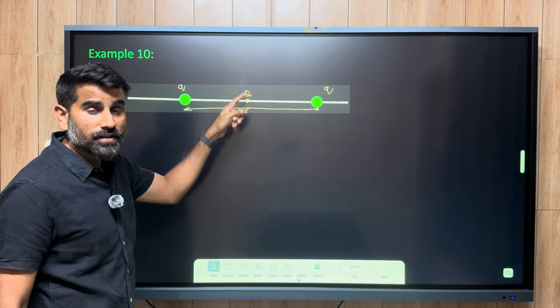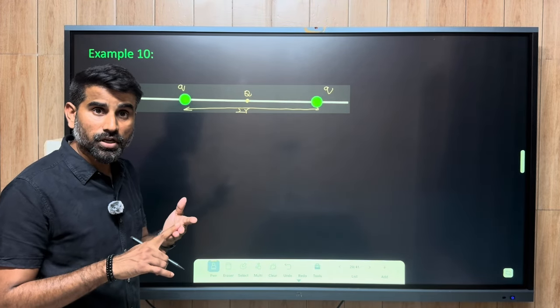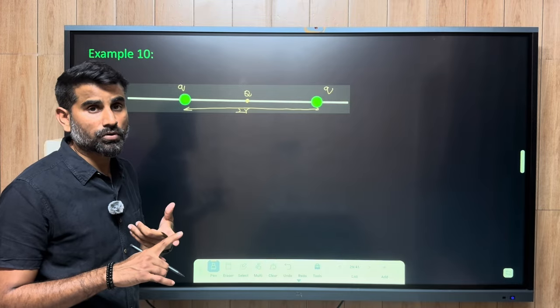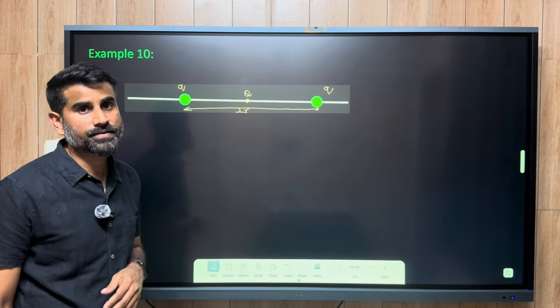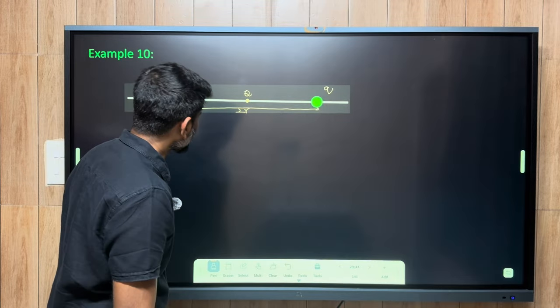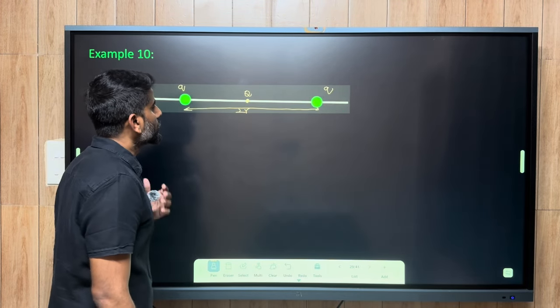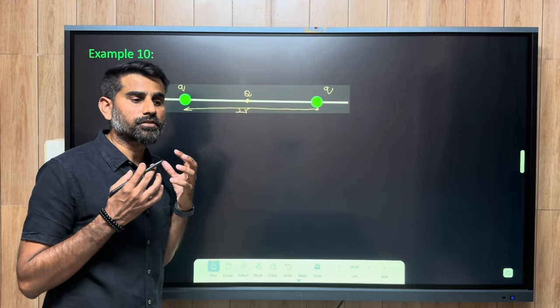Since the third charged particle is in equilibrium at the very beginning, now the question is asked: the third charge is in what kind of equilibrium? Stable, unstable, neutral equilibrium, or rotational equilibrium? Among the four, which equilibrium is the charged particle in? In order to identify that, I am going to recollect the definitions